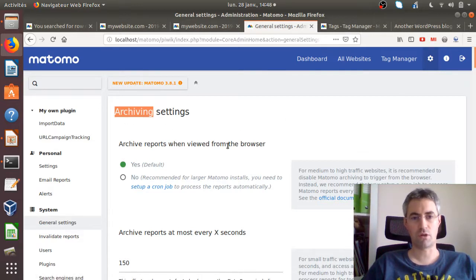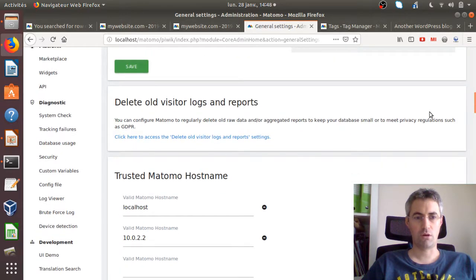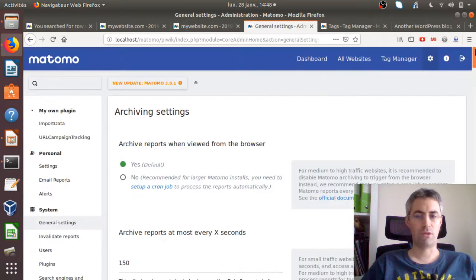Here, for example, they are talking about archiving. And if you go down the page a little bit more, you will see that they are talking about all visitor logs and as well about raw data and so on and so forth. As it may not be the vocabulary that you have seen with competitor solutions such as Google Analytics, you may feel a bit lost. So in order to introduce the difference between processed archive data and raw data,